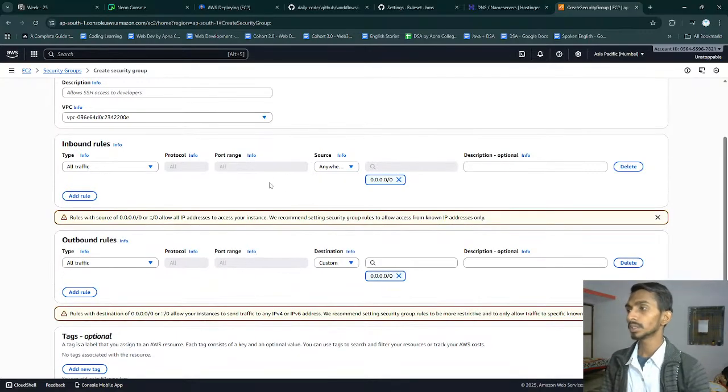Okay, I'm just simply in the inbound rule, I'm just simply setting type all traffic, and it will allow all the traffic. Yes, setting the inbound rule to all traffic will allow all types of traffic to your instance. Be cautious with this setting, as it opens all ports to all sources. Consider specifying only the traffic you need, such as SSH, HTTP, or HTTPS for better security.